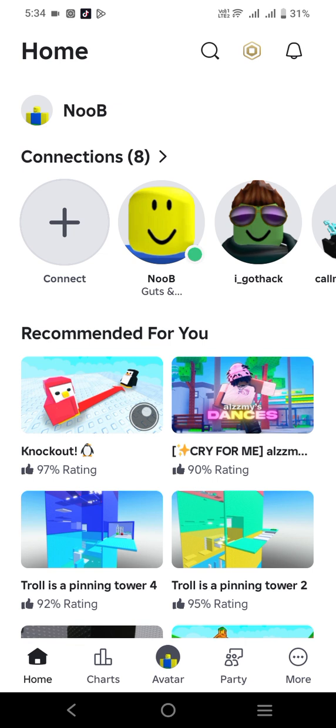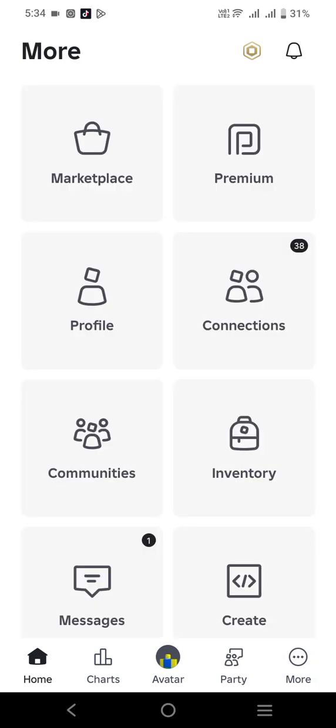And then press more, 3 dots in your right screen in the bottom, and then you need to click create. Sorry.